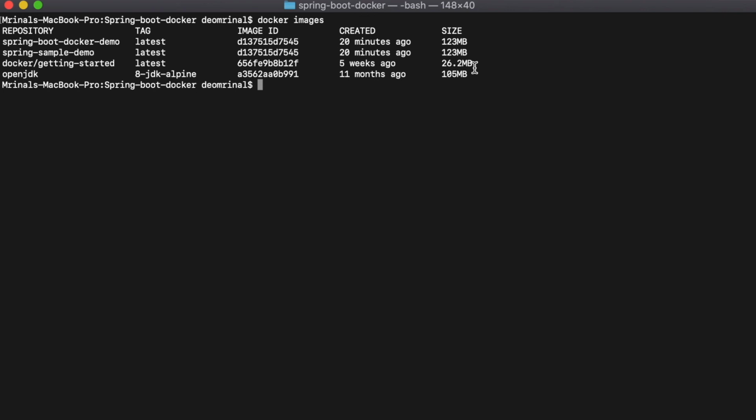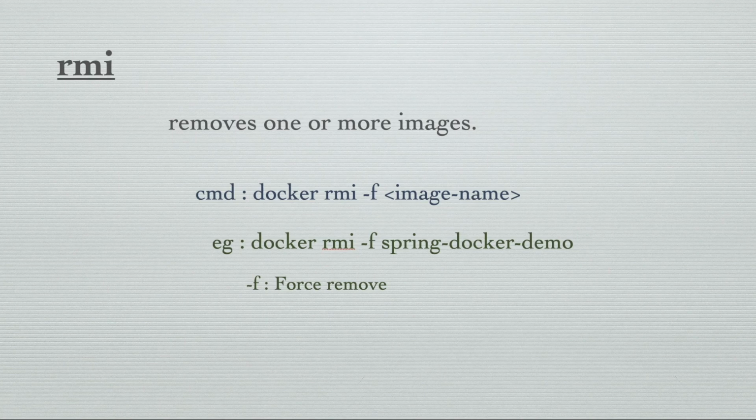If you're not using a certain Docker image, there's no point in keeping it in your local system. You can push it to your Docker Hub registry, which exists remotely, and pull it anytime you want. So there is no point in keeping unused or dangling Docker images locally. For that purpose, we have the rmi command, which is used to remove one or more images from your local system. The command is similar to the docker rm command. It's just that instead of rm, you will have rmi, and instead of container ID, you will give the image name.